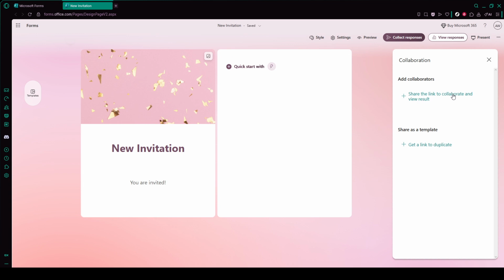Next, you'll need to decide who can actually edit your form. You'll see setting options such as anyone with the link can edit, or something similar to only people in my organization can edit. If you choose anyone with the link can edit, anyone who receives that link will be able to open the form in edit mode and make changes. This is useful if you're working with people outside your company or school, or if you don't want to manage